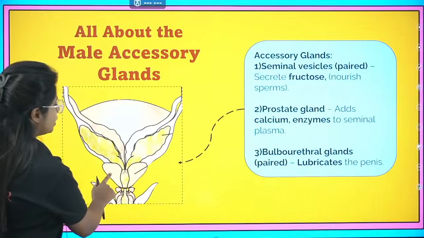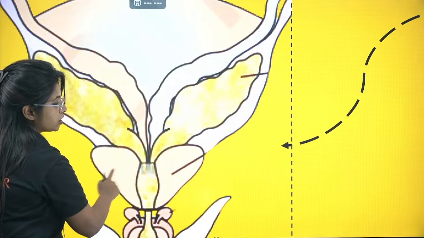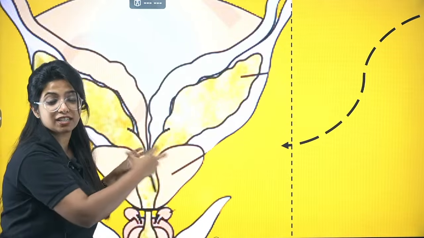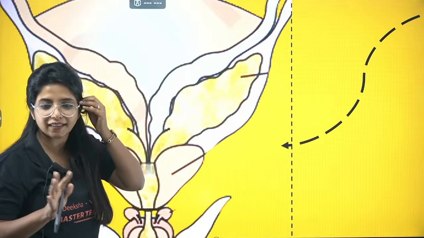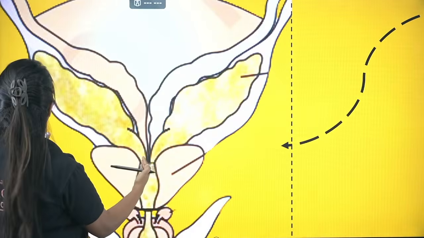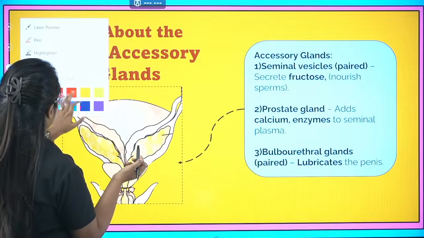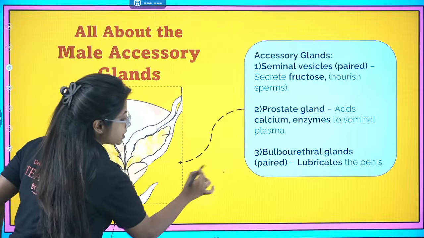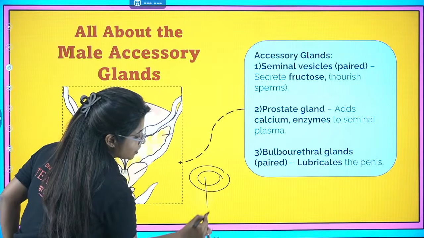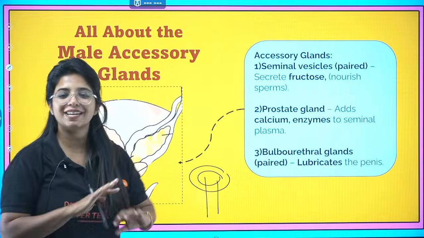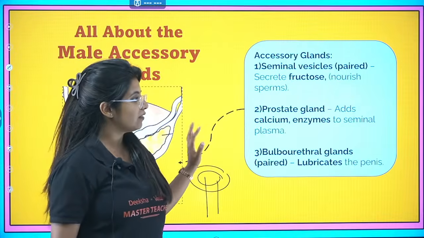Okay. Then over here you have this particular thing. This is known as the prostate. It looks like it has two glands, but it's not like that. I told you in your NCERT things are being given a bit differently in the form of a picture. It just looks like a donut, and through the donut passes your urethra. So you can just remember it's an unpaired gland. It does not have any pair.